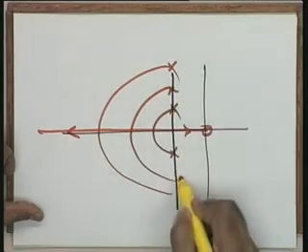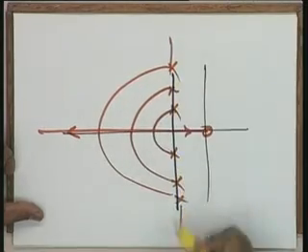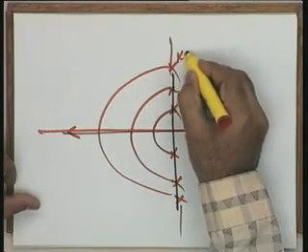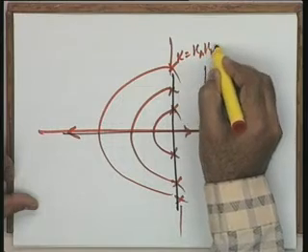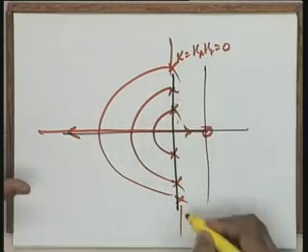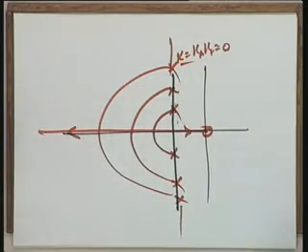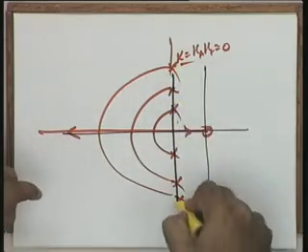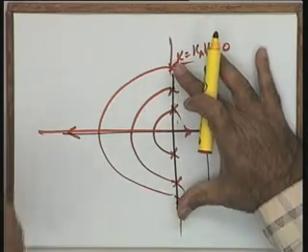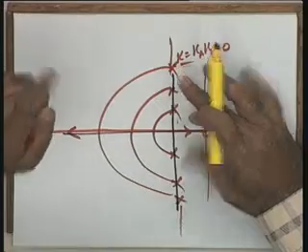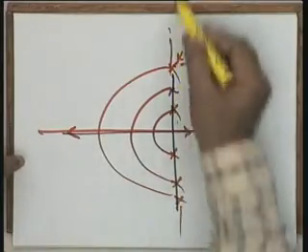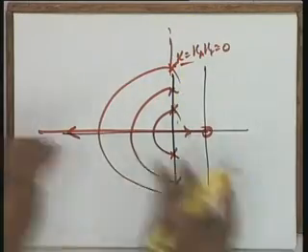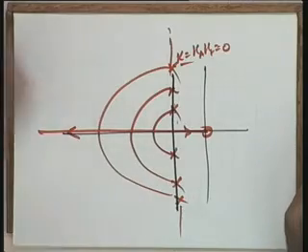These are the root contours for various values of ka. For every point here, k is equal to ka, kt is equal to 0. For every point here, k is the root locus gain, which is equal to ka into kt. But each point here, or each pair here, corresponds to one particular value of ka, because this vertical line is the root locus of the denominator equation as ka is varied.